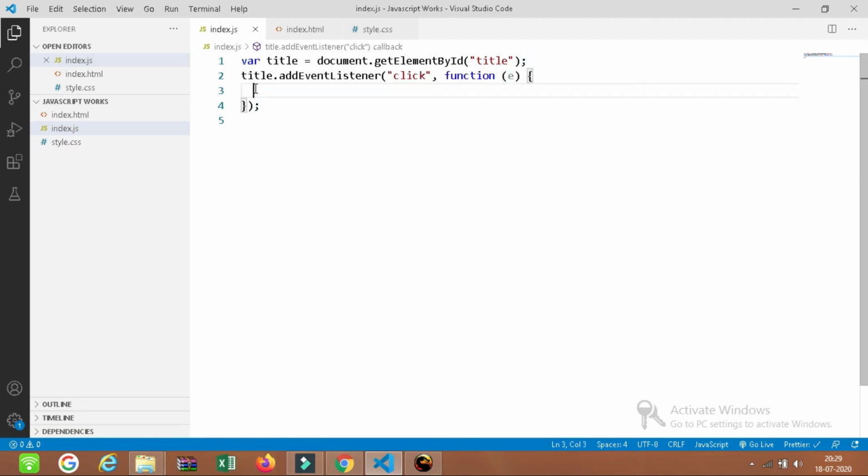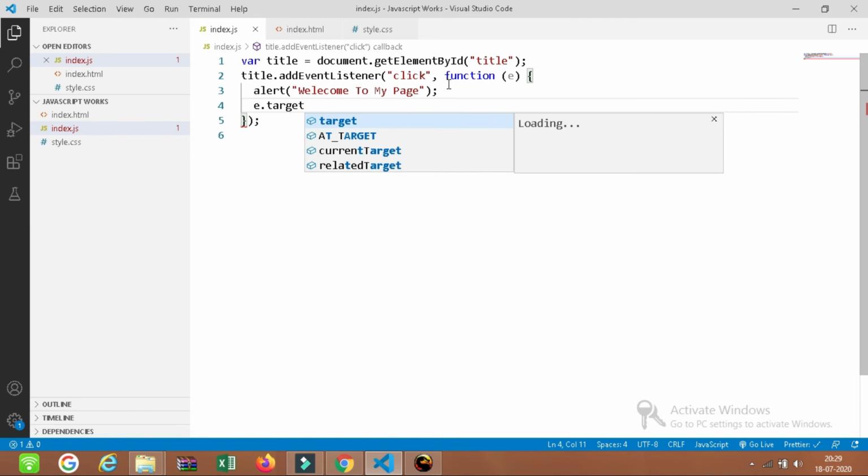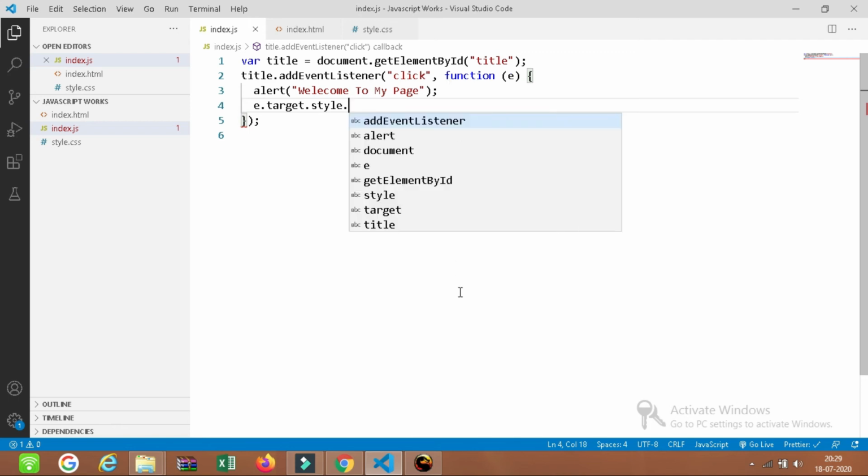Let's keep that alert message there. Then I will type e.target.style. Here e corresponds to the event, and e.target gives us the target of that event.